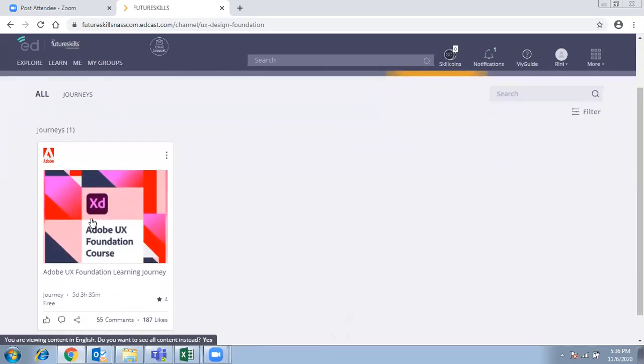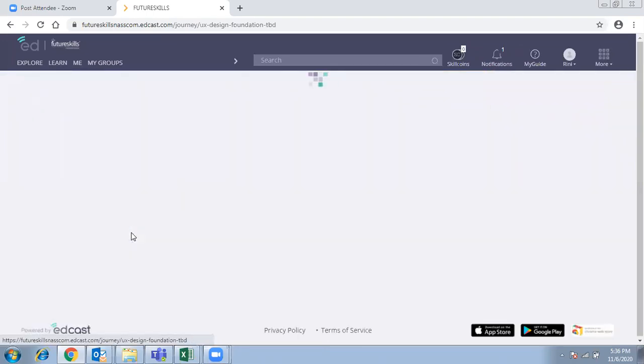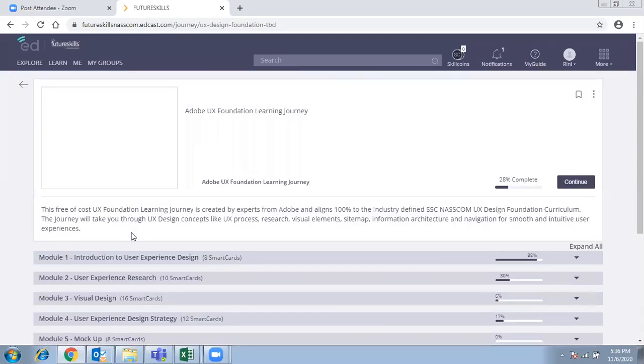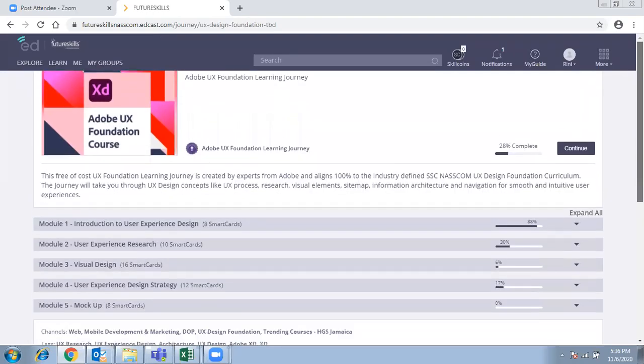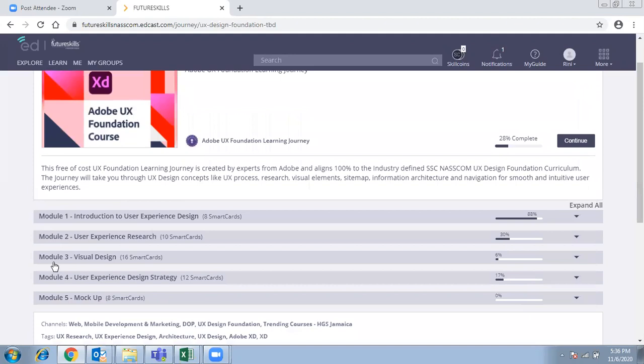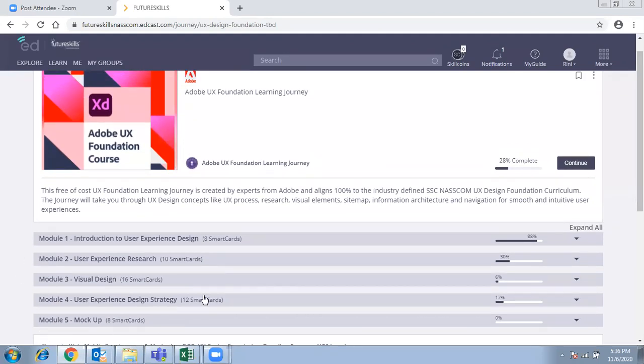Now once you click on this, you will reach this course. This is the Adobe UX Foundation course. You just need to click on this course again. You'll come to see these modules. There are 1, 2, 3, 4, 5 modules. Now Swati will be taking a crash course. She is taking this class every day and teaching you all the important aspects of these modules.